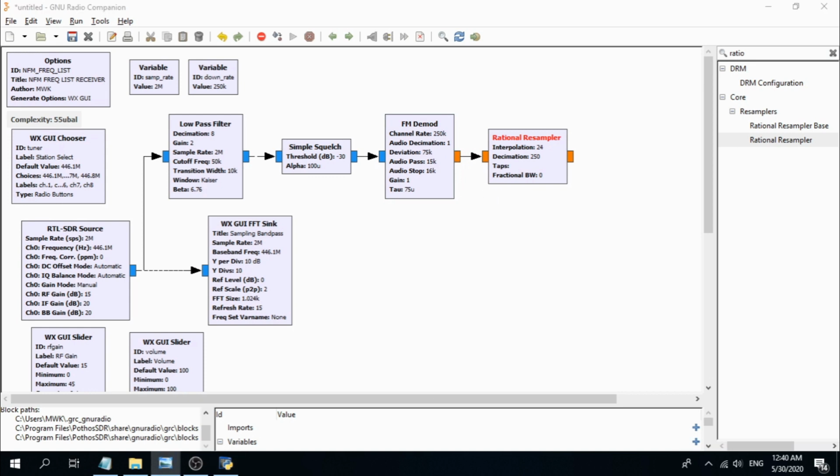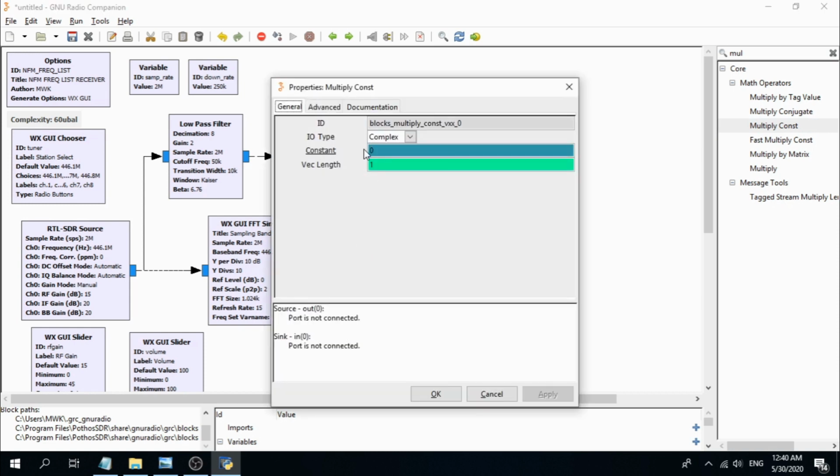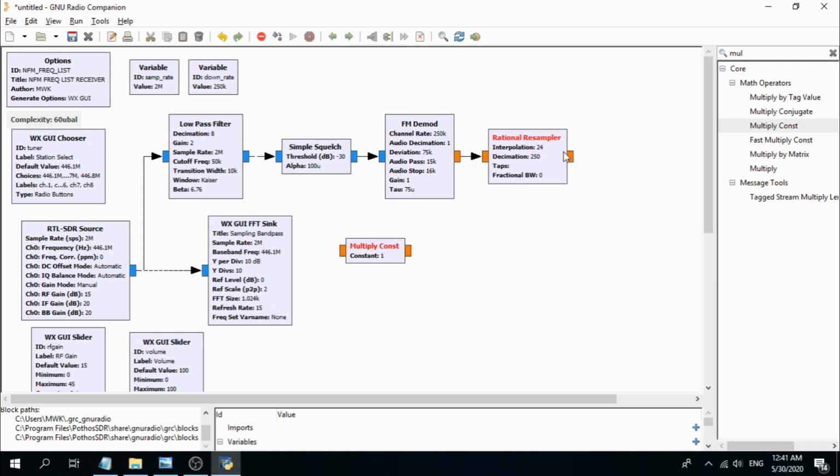Okay, now we need a multiply const block. Let's put it here, and make sure to change the IO type to float, and the constant, let's make it for a volume. So let's type volume / 100, and the vector length is 1. Okay, so let's connect it from the rational resampler out to multiply const in. Okay,